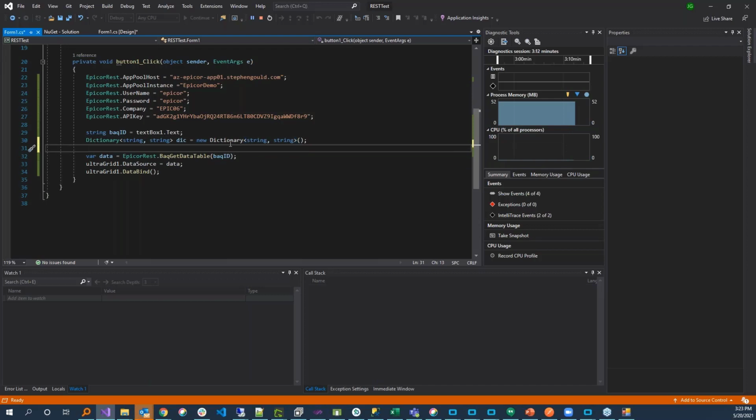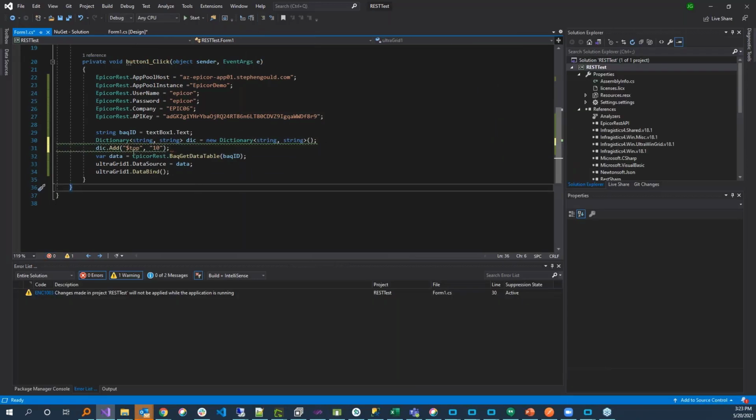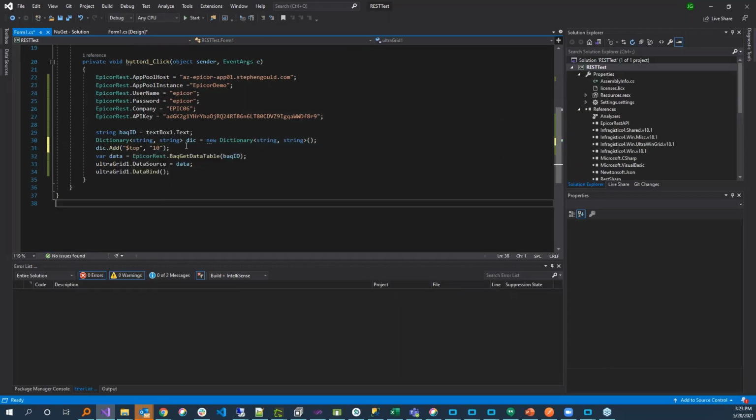So I can create basically a list of parameters that are going to be passed in. In this case, I'm going to pass in that quote unquote parameter of top, and I'm going to tell it I only want the top 10 customers. But any other parameters, like if you had a BAQ with actual parameters, they would be passed the exact same way. So just like I said, I create a dictionary here, and I'm passing in my parameter and then the